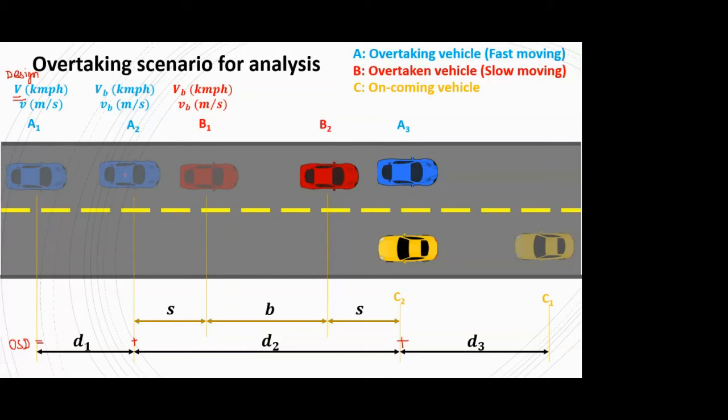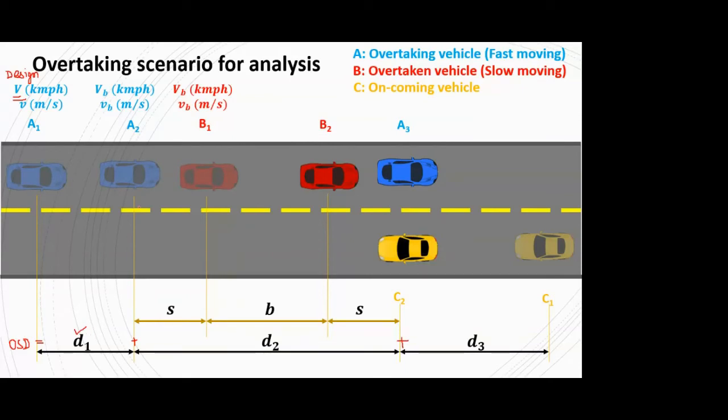So in that period, again we have seen this, that even if you have to take a small decision, or even if you have to take a decision whether to overtake or not, your mind, your whole system, will take some time. In fractions of seconds, it might be 2.5 seconds, 2 seconds, 3 seconds. Okay, the reaction time that we saw in the SSD. So similarly, the moment the driver enters the system and decides to overtake, he or she will need some time for taking this decision, and we call that the reaction time. So in that reaction time, vehicle A travels a distance of d1.